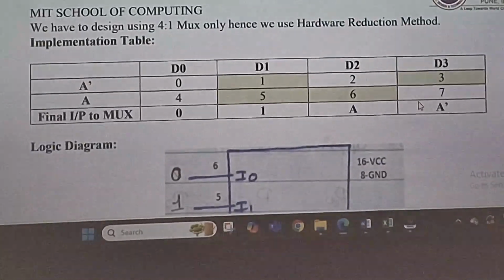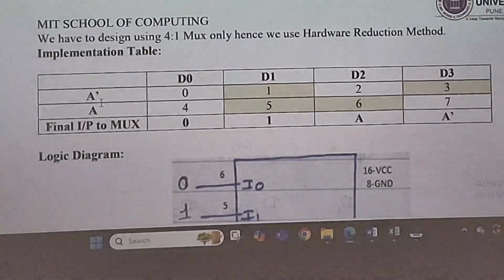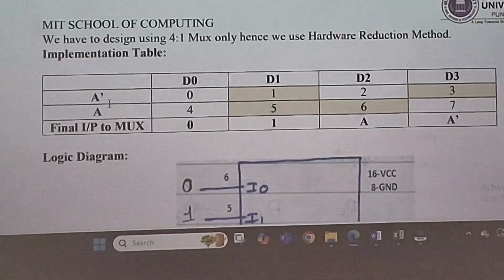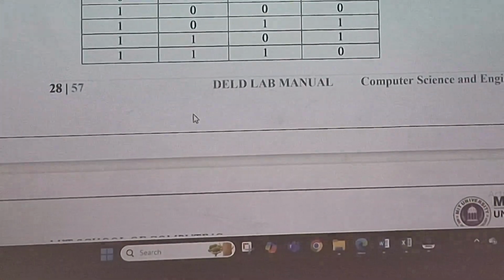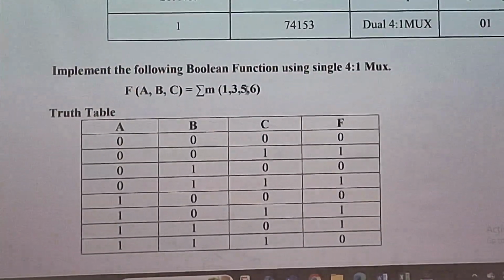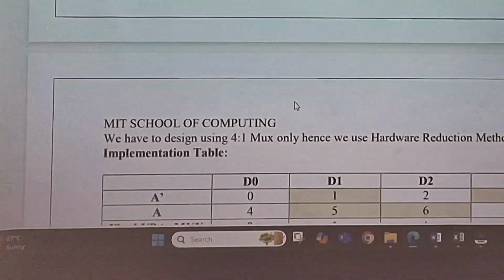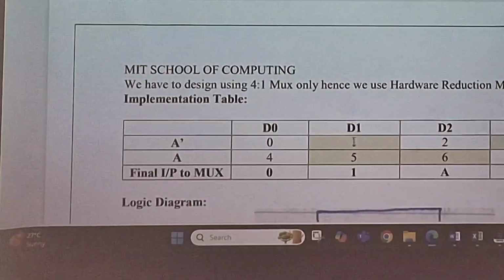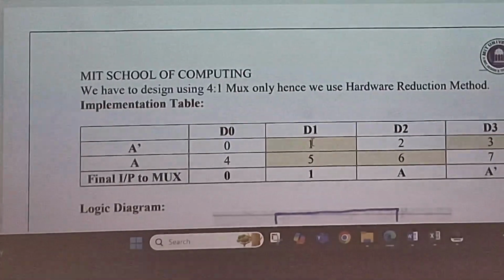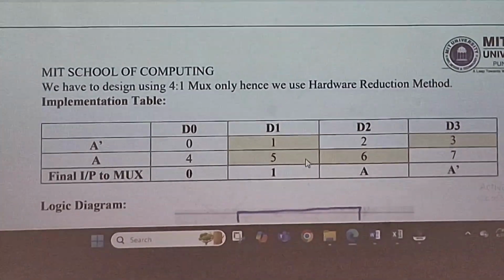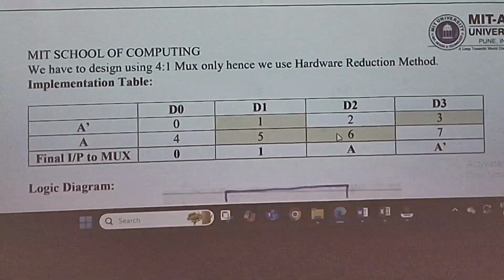यहाँ तक किसी को कुछ problem है? This is my A bar. यहाँ पे A bar and यहाँ पे A. देखिए. 0, 1, A bar and A. Now जो values यहाँ पे दिए, which values are given? 1, 3, 5, 6. जहाँ पे लिखा है उसको highlight करना है, नहीं तो circle करना है. Exam में आप circle कर सकते हो 1, 3, 5, 6. उसको क्या करना है? Circle करना है.